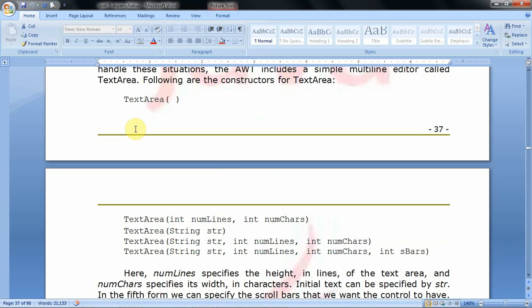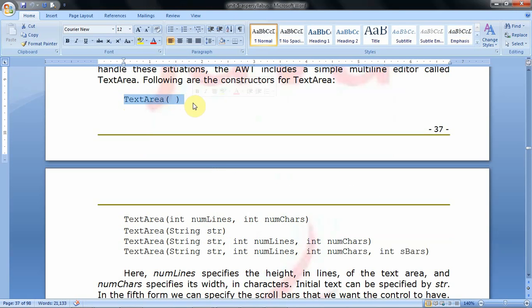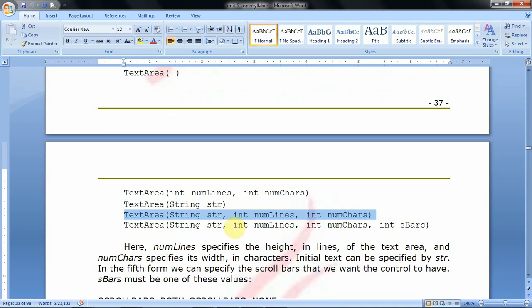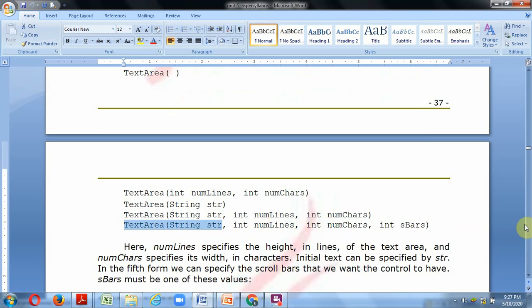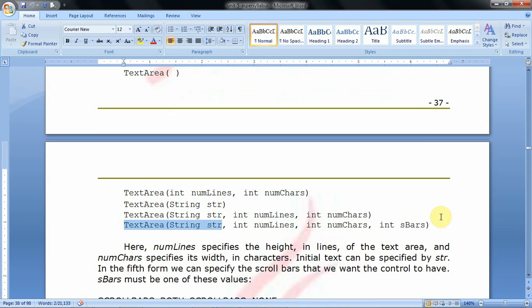For creating the text area, we have the constructor TextArea without any argument, then TextArea with the number of rows and number of columns, then TextArea with an initialization string and number of rows and number of columns, and TextArea with an initialization string, number of rows, number of columns, and scroll bars attachment.